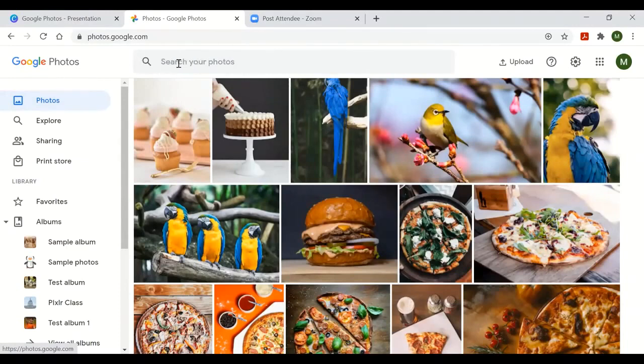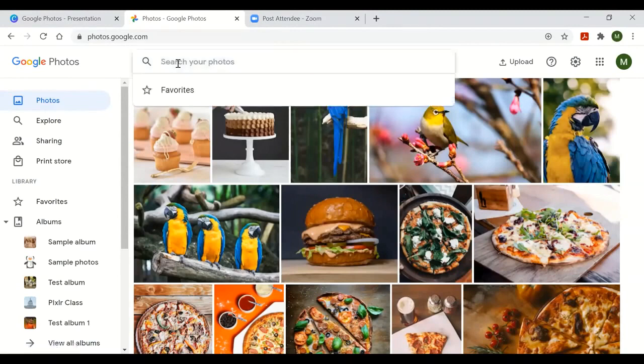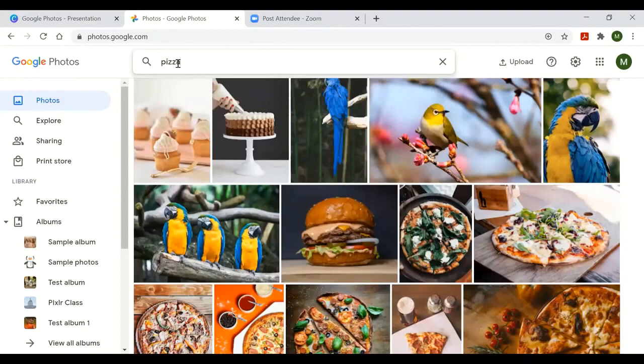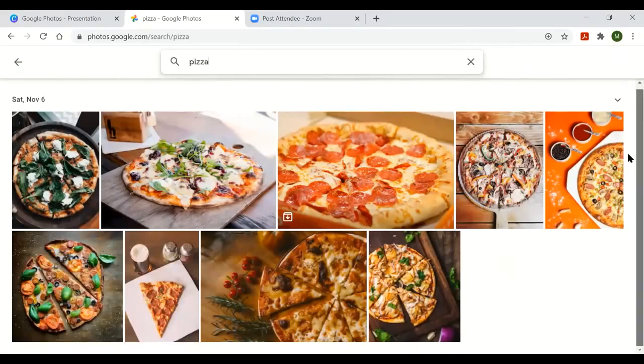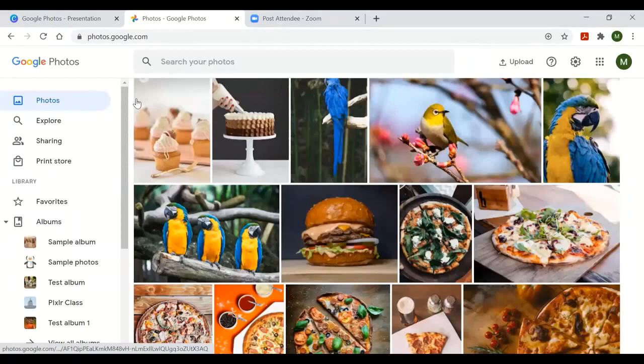So I'm going to use my mouse and click on it. Let's say I want to search for pizza. I'm going to type in pizza, and click enter. And it is going to find all the photos that it thinks have pizza in them. That's how you do a basic search. Or if you already named your photos with pizza in it, then it will bring that up as well. I'm going to go back,